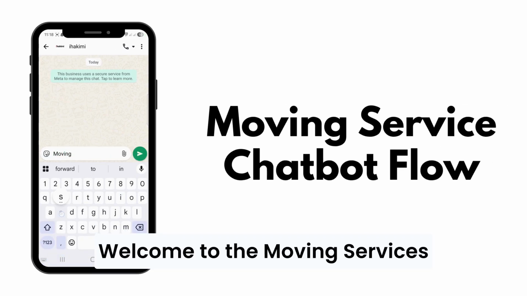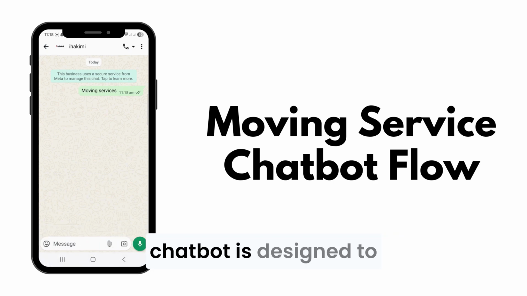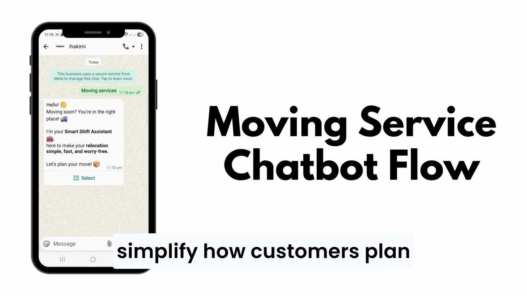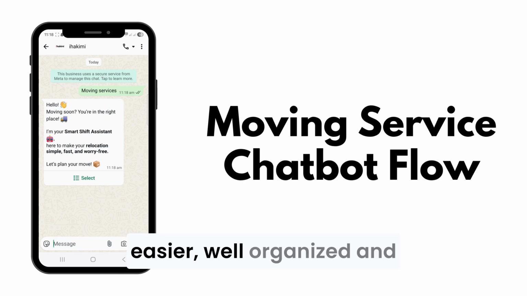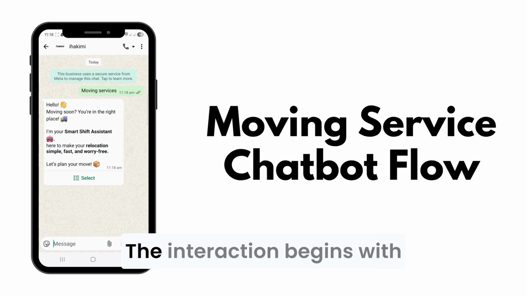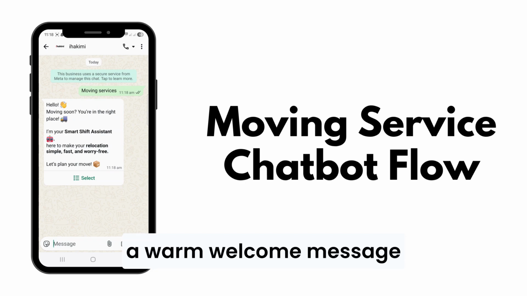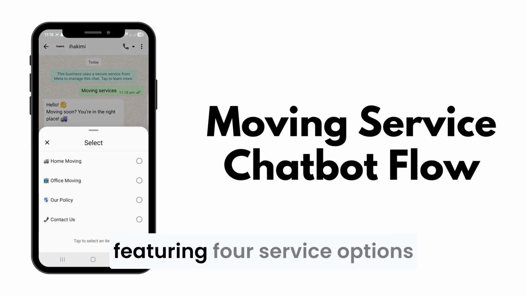Welcome to the Moving Services Chatbot Preview. This smart chatbot is designed to simplify how customers plan and book relocation services, making their moving journey easier, well organized, and completely effortless. The interaction begins with a warm welcome message followed by a main menu featuring 4 service